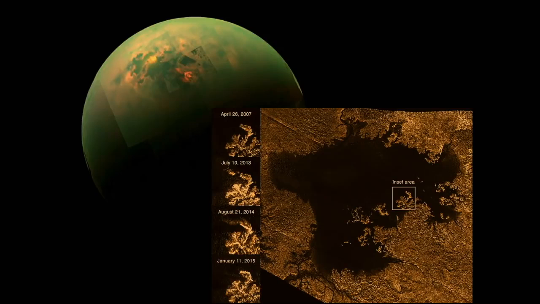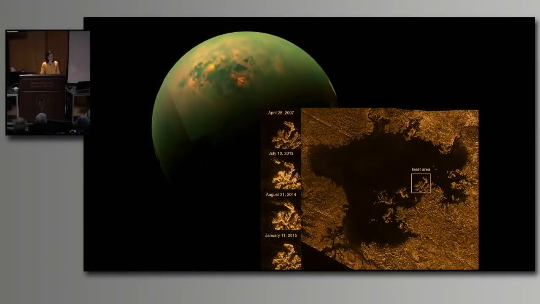And there is also wind on Titan that forms dunes, but the grains in the dunes are not made of silicates like on Earth. They're probably made of complex organic compounds. And on Titan, it is possible that there are also volcanoes, but the lava would be made of water and ammonia instead of silicates like on Earth.